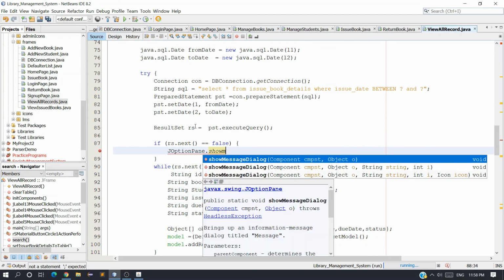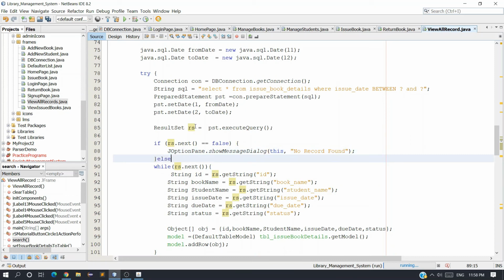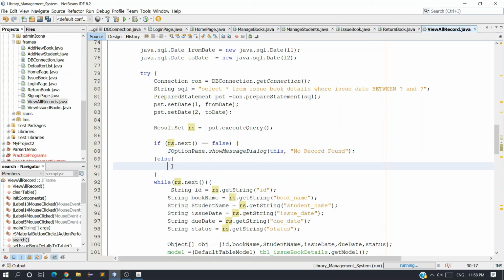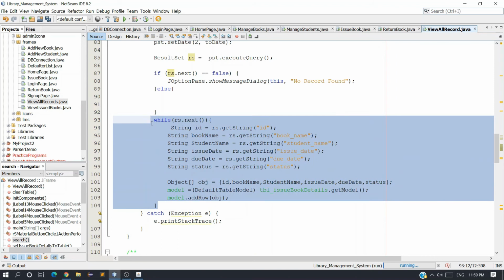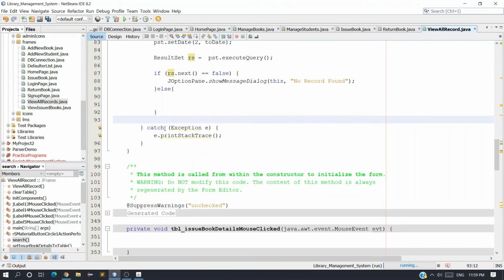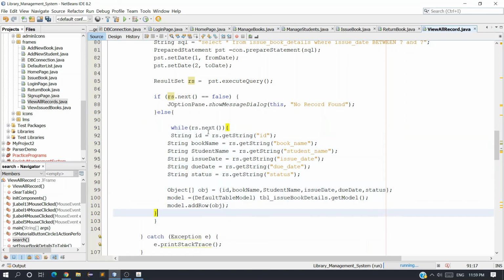So show a message dialog here displaying no record found. In the else section, we are going to write this while loop. So copy this entire while loop, Control X, and paste it into the else part.